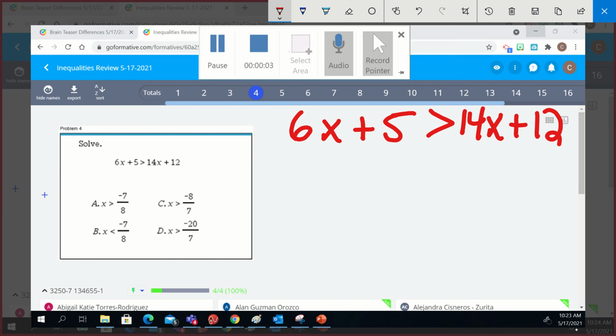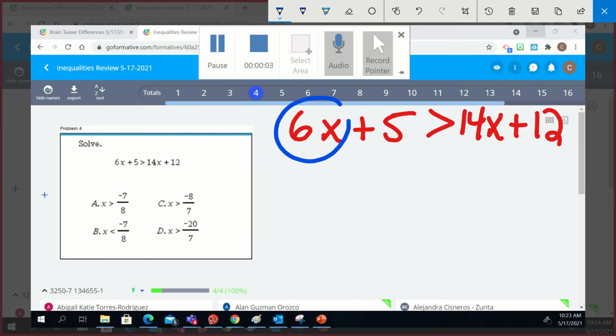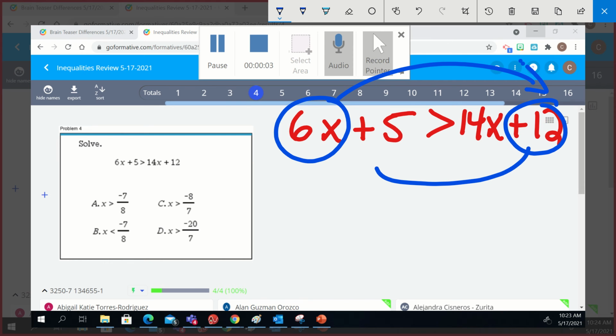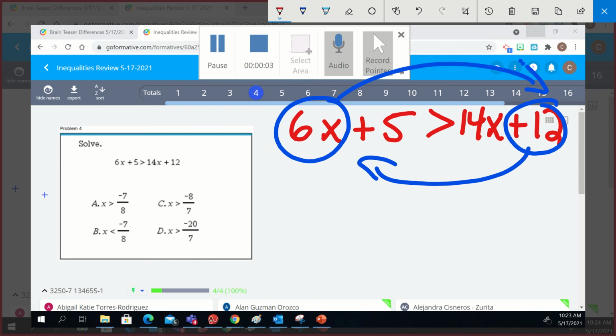So I'm going to move this variable to that side, and I'm going to move this number over here, and they both become their opposite. It's just a habit that I always do. It just makes things a lot easier. So I end up with